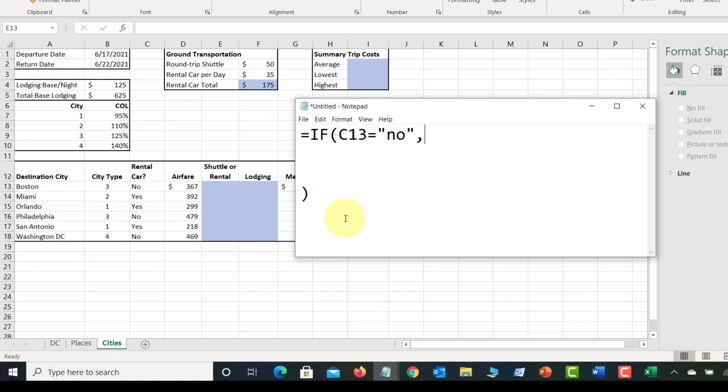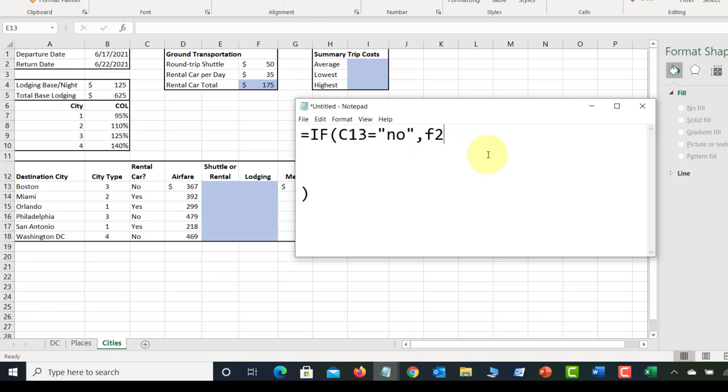So the cost, my amount of reimbursement, the money that my travel money is going to be, is the cost of the shuttle, which is $50, but I don't want to type $50. I want to type F2, because what if that value goes up? It might change later. I might get more money. I don't want to have to keep up with it. I want Excel to keep up with it. So whatever value happens to be here for the shuttle value in F2,